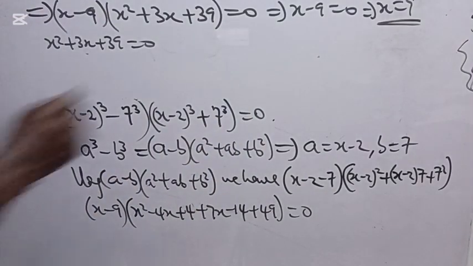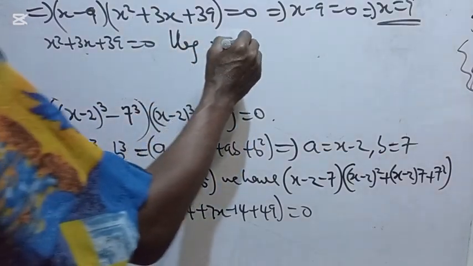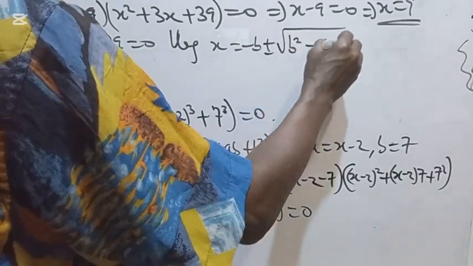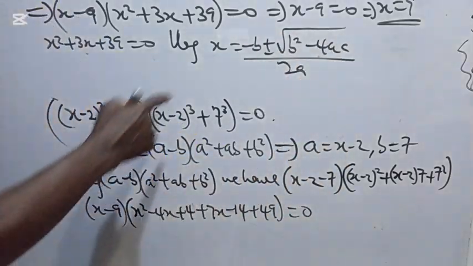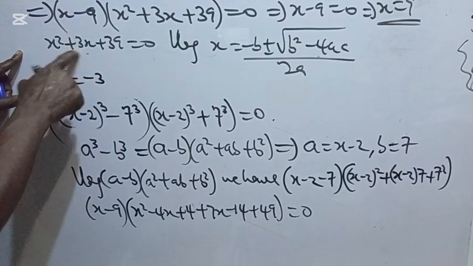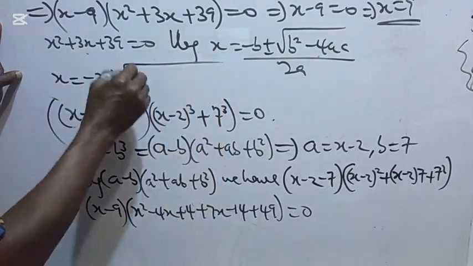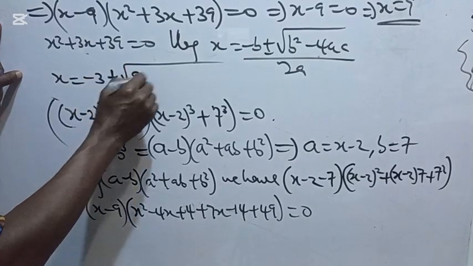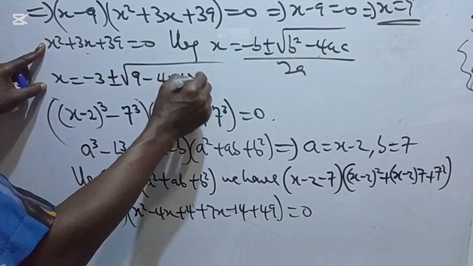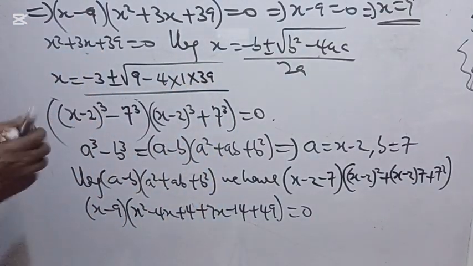We use the quadratic formula method: x equals minus b plus or minus the square root of b squared minus 4ac, over 2a. So from here, x will be equal to, our minus b is minus 3 because this is our b, plus or minus the square root of b squared, which is 9, minus 4 times our a, the coefficient of x squared, which is 1, times our c, which is 39, everything all over